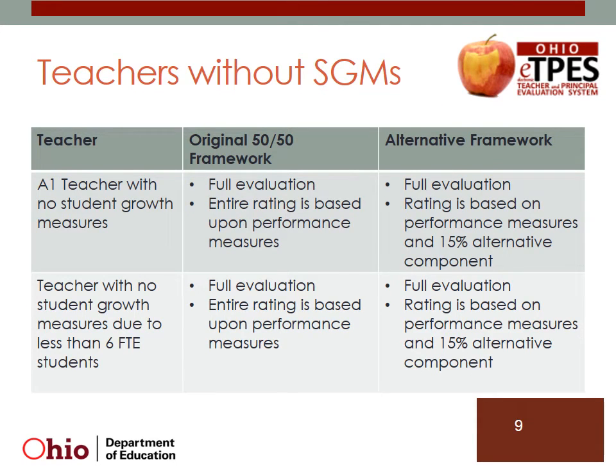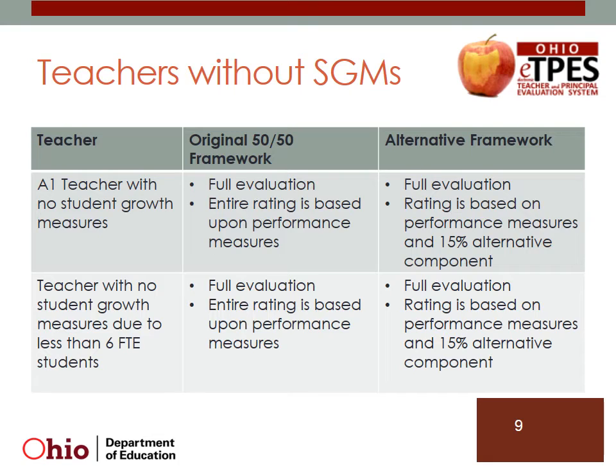Teachers without student growth measures must be fully evaluated. This chart shows some examples of teachers without student growth measures. An A1 teacher without student growth measures would be fully evaluated. The entire rating for this teacher would be based upon performance measures when the district had chosen the original framework. And the rating for this teacher would be based upon performance measures and the alternative component when the district has